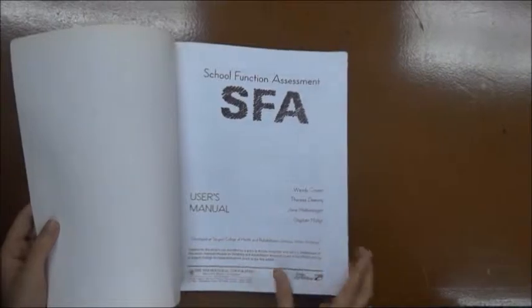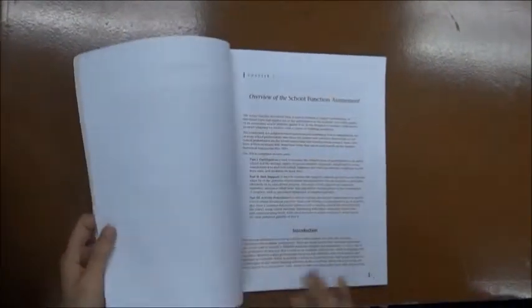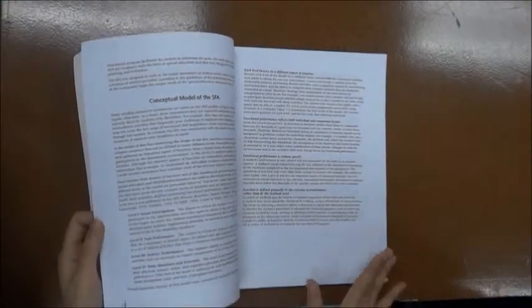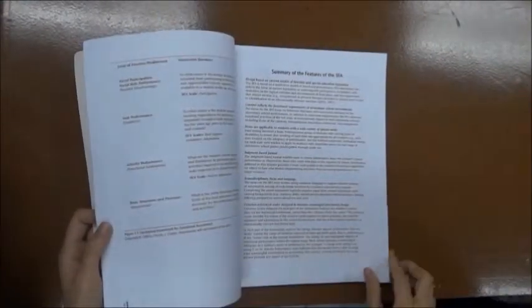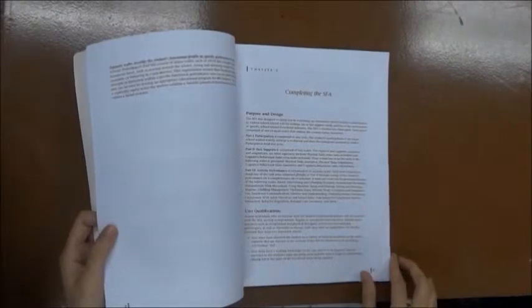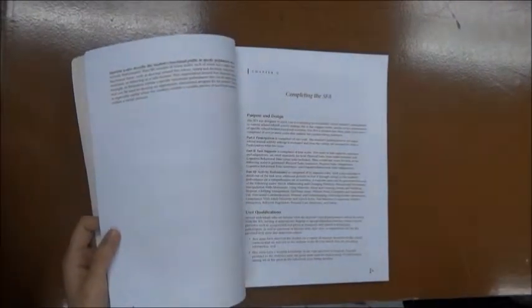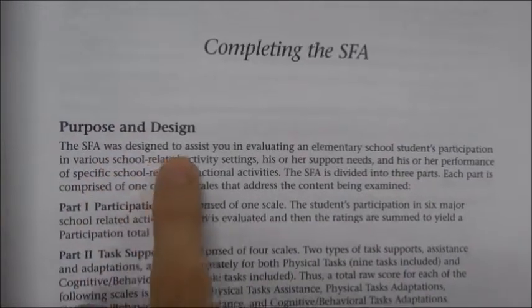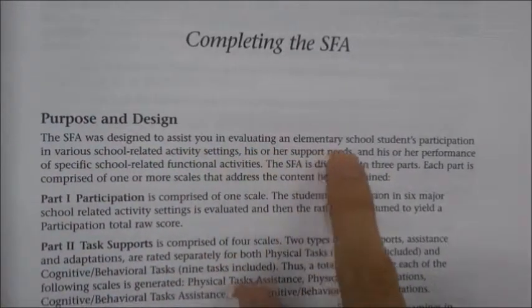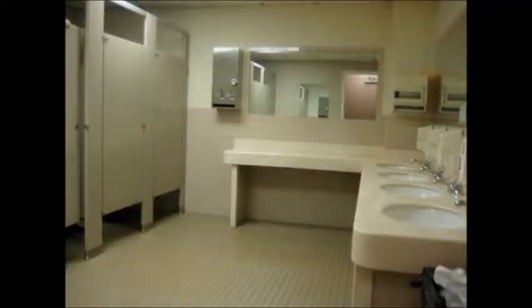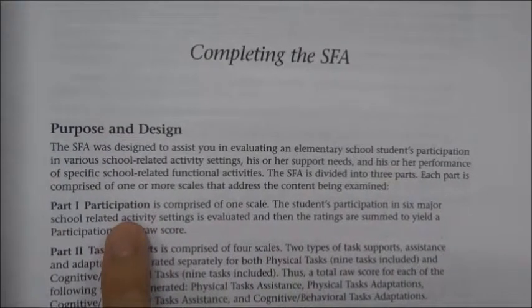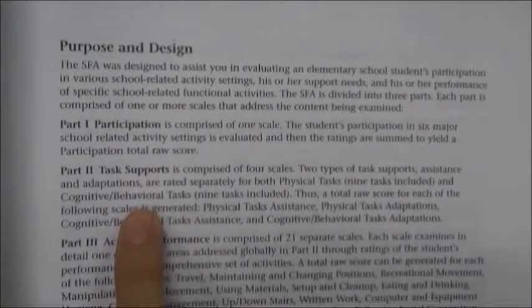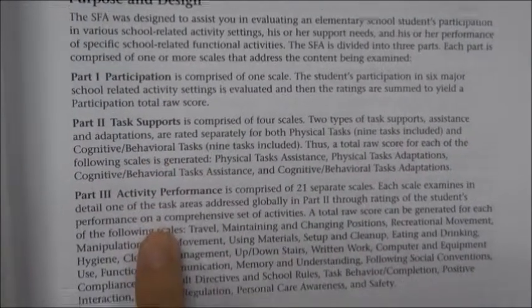A manual is a book containing information and instructions on how to do something. That's exactly what's in here. Inside are detailed descriptions of what SFA is and how it can help identify the problem areas that are causing the student troubles. It requires the administrator to evaluate the student in different school settings, including classroom, hallways, stairs, playground, and bathroom. The administrator must observe the student's participation in various school activities, his support needs, and his performance on